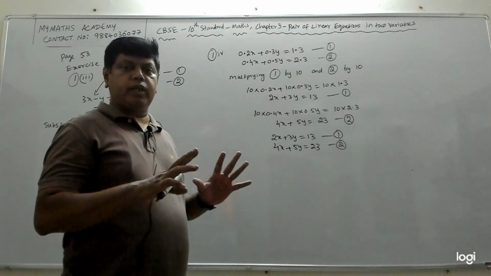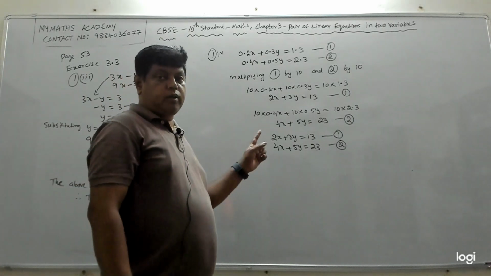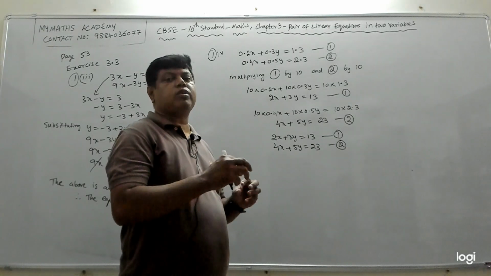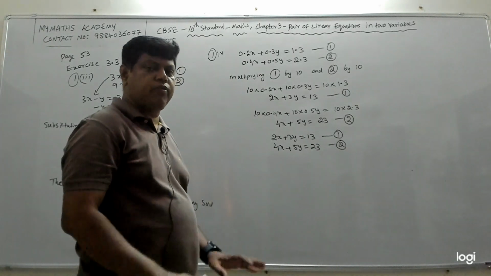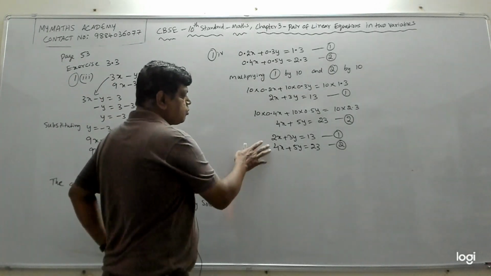See, always you can take any equation. But if you take the equation which has the coefficient 1, x coefficient is 1 or y coefficient is 1, then the process will be a little easy. If not also it is easy only. In that case it will become very easy. So here nothing is 1, so we can take anything.